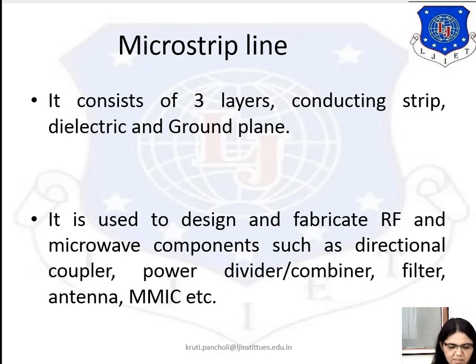There are various advantages of microstrip lines over coaxial cables and waveguides. One is that the cost is lower than the strip line, coaxial and waveguide circuits. Due to the planar structure, it can hold unpackaged semiconductor chips, and there is easy access to the top surface, so passive and active components can easily be mounted onto it.